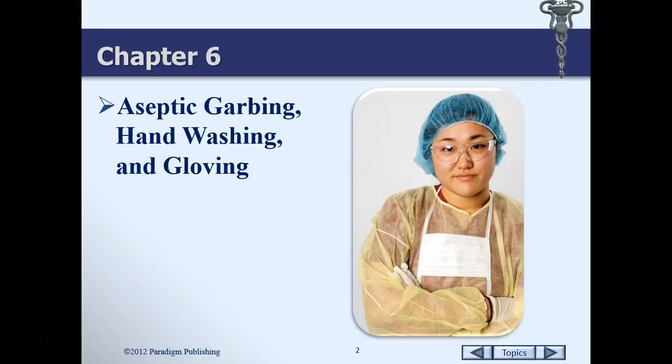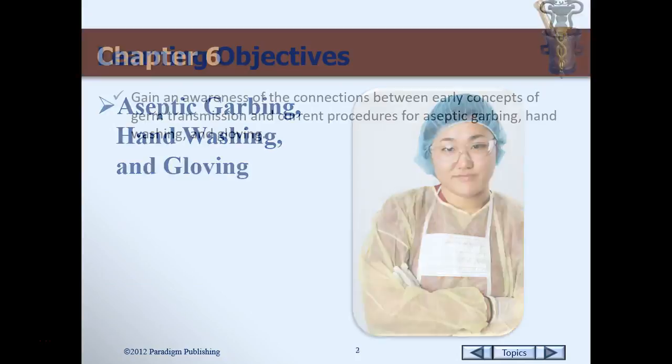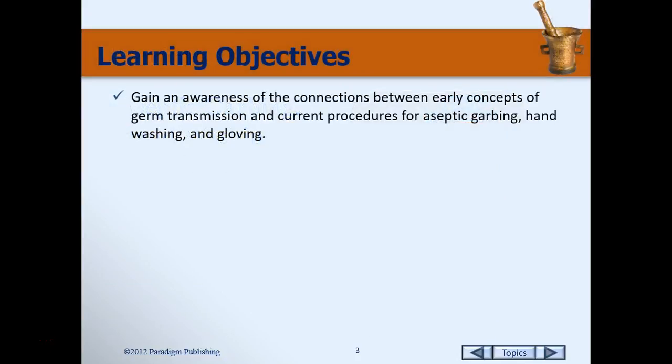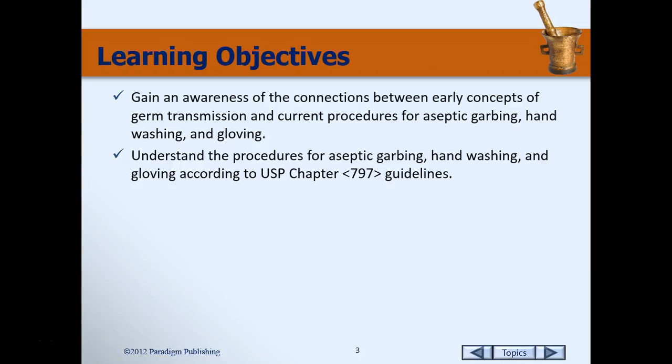Chapter 6 is titled Aseptic Garbing, Hand Washing, and Gloving. In this chapter, we're going to talk about exactly the title, Aseptic Garbing, Hand Washing, and Gloving. So the objectives are to gain awareness of the connections between the early concepts of germ transmission and current procedures,